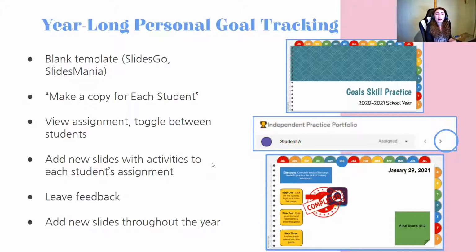So this is my effort to do that, but it also works for just general goal tracking for students as well. What I started doing was I used a blank year-long template of a slide presentation. I take them from SlidesGo or SlidesMania because they have so many free ones that are just fantastic, so you don't have to make your own slide templates all the time. And then I make a copy of this blank template for all my students, just blank, nothing in it. I might put the school year on it somewhere on the title page, but other than that,